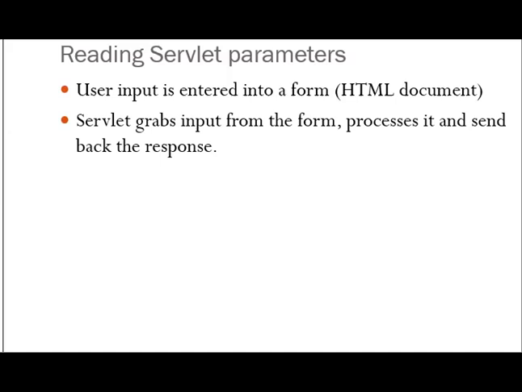So here we'll create an HTML document. We'll put all the input tags that are required for the application. On clicking the submit button, we'll send whatever has been entered in the input tags to the servlet. We'll create a request object, put all the data entered in the text boxes or input elements, and that is sent to the servlet. The servlet will get the input from the form, process it, and send back the response to our browser.